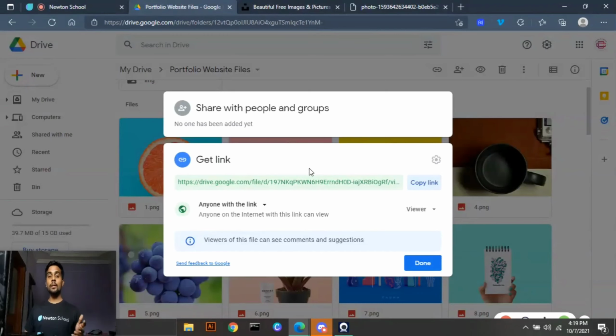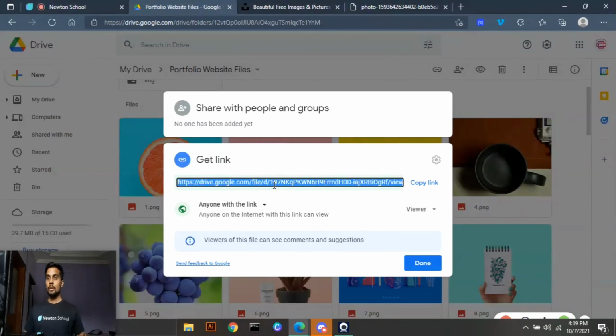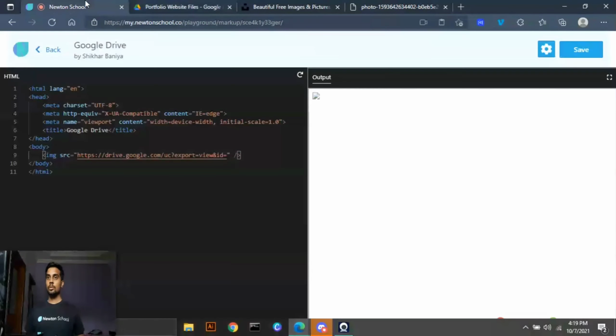When you copy a link from Google Drive, the part from this d till this view, you see this collection of strings. This code is your unique ID for that particular image. Okay, so you just have to copy it and paste it after that id.